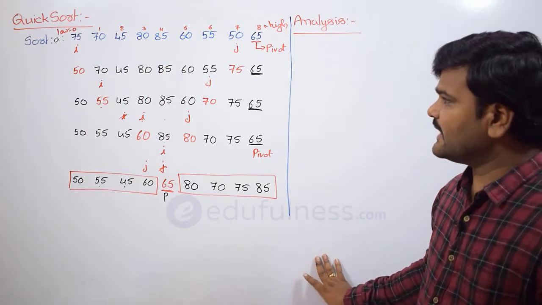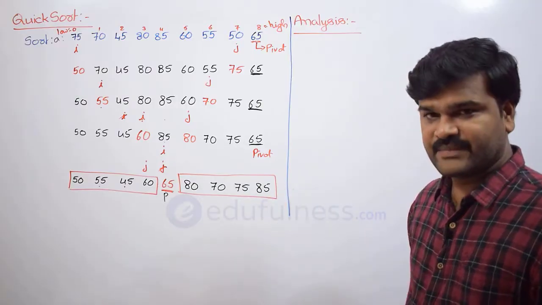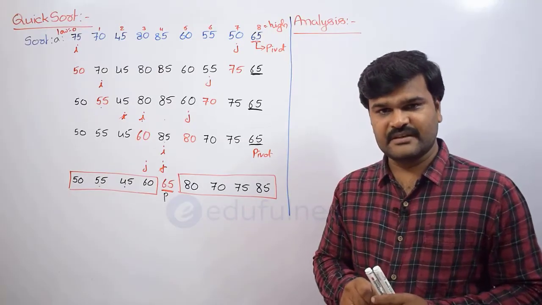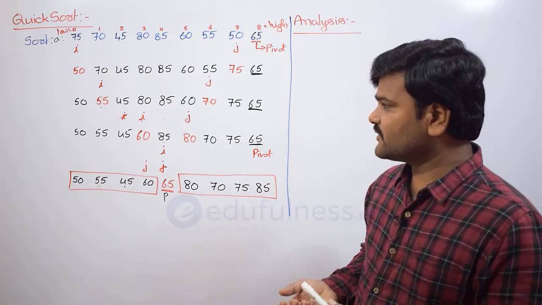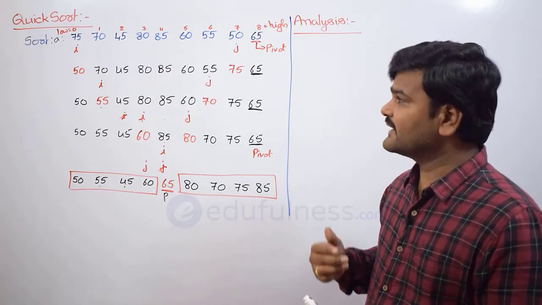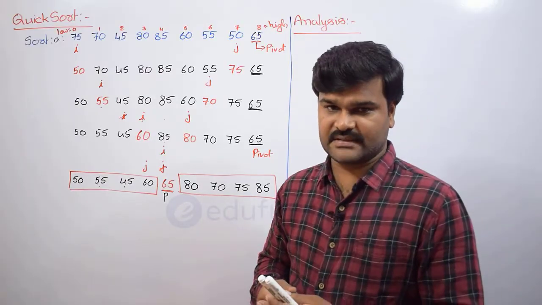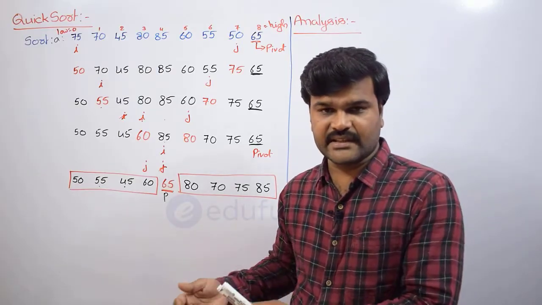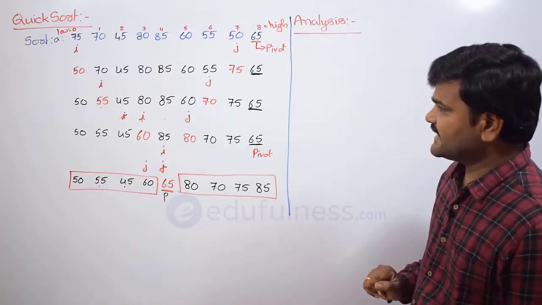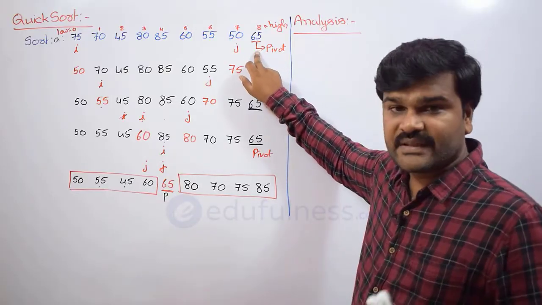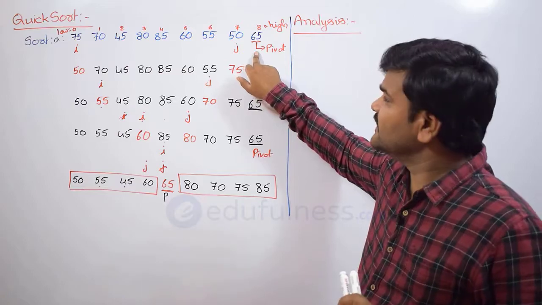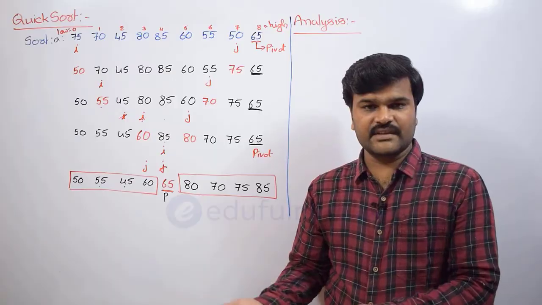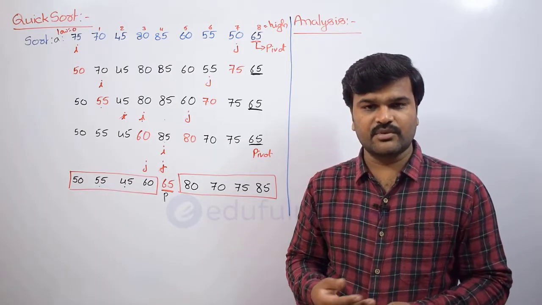Here we have different kinds of work, and we can compare this analysis with merge sort also. In merge sort we do one kind of work, and in quicksort we do another kind of work. First let us analyze this one, then we can easily compare with other sorting algorithms. Selecting the pivot element is one step and takes constant time. Every time I select the pivot as the high element, it takes constant time, so we are not going to bother.